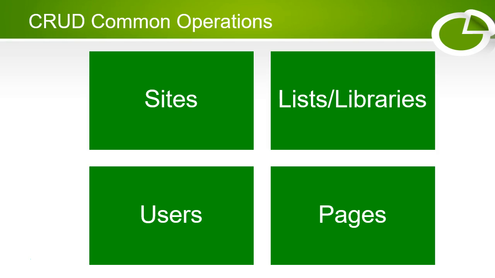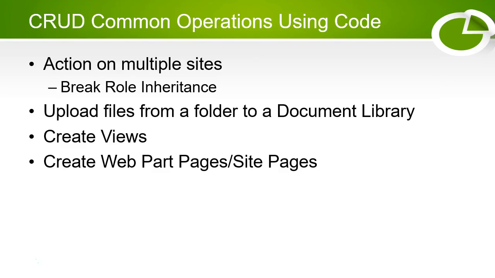If you are a coder in SharePoint for a long time, you might be used to the server-side object model, and CSOM is similar to that but does not have access to all the objects. So some of the common operations using the client-side object model for PowerShell is to break the role inheritance on multiple sites. These are all real-world requests for which I have shared the code with many users. They are applied in the real world either on-premise or